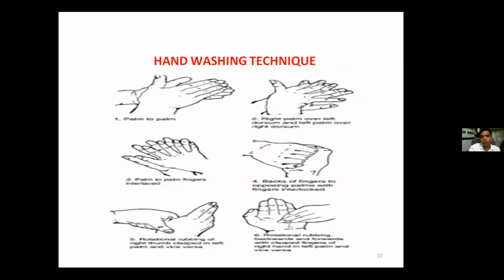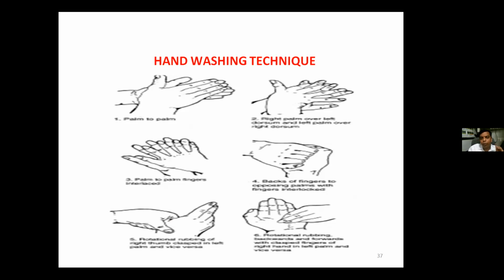Then the 7 steps to be followed: palms to palms, then palms to the dorsum and vice versa, then palm to palms with the fingers interlaced, then the backs of the clasped fingers into the opposite palms, the rotational rubbing of the thumb into the opposite palm, and the clasped fingers rotating into the opposite palm, as you see from this picture, and finally the wrist. So the 7 steps should be followed